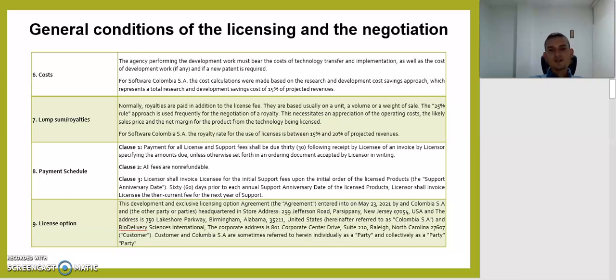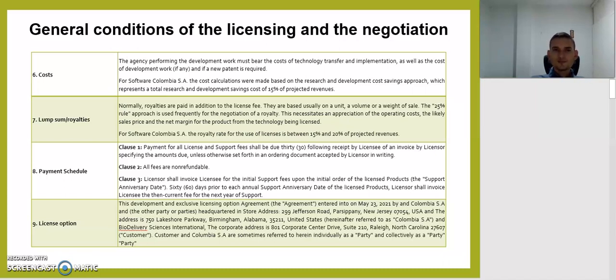Normally, royalties are paid in addition to the license fee. They are usually based on a unit, a volume, or a weight of sale. The 25 percent rule approach is used frequently for the negotiation of the royalty. This necessitates an appreciation of the operating cost, the likely sales price, and the net margin for the product from the technology-based licensing. For Software Colombia S.A., the royalty rate for the use of the license is